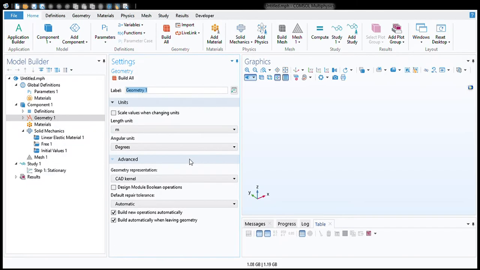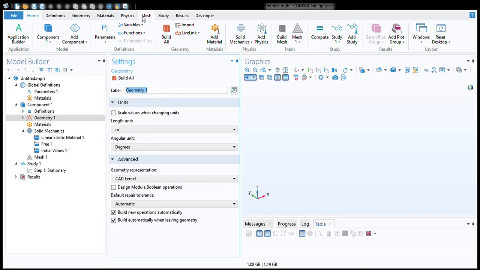After you have selected all your physics and study, you'll get this page. Here you have different things such as geometry. You have to make a geometry in COMSOL. You have to assign material to that geometry. Then you can add the physics to your COMSOL analysis.